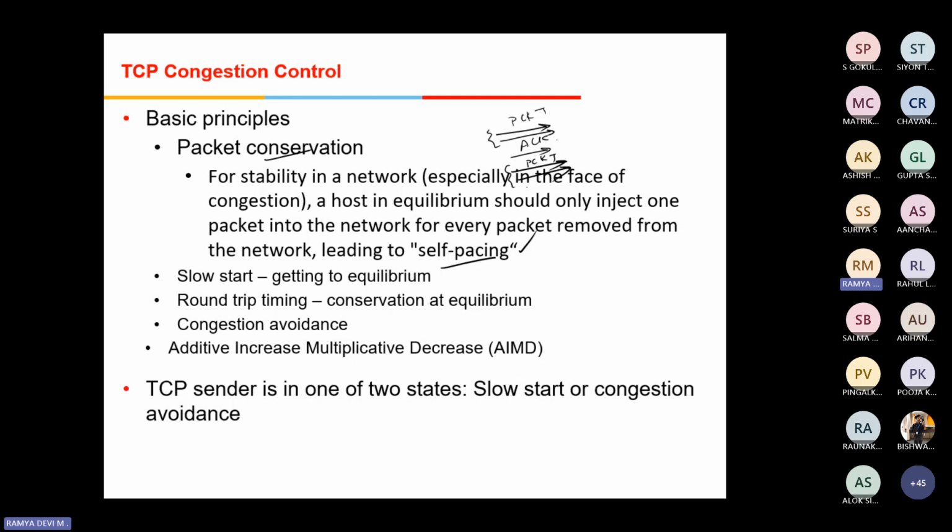Okay. And also at the beginning of the connection, or after packet loss, the TCP does not know the network's capacity. So in order to ensure this, it should start with the slow start state, where it doubles the congestion window every round trip time. Okay, the exponential growth can happen. Once equilibrium is reached, the threshold value is reached, the TCP uses RTT measurements for maintaining the packet conservation. So the data is sent only after acknowledgements.